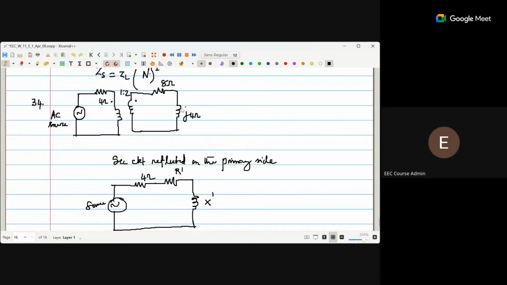So now what will be this R dash? It will be this R into N1 by N2 whole square, R2 by N square. So that will be 8 by 2 square. So you will get it as 2 ohm. Similarly, what do you have for X dash? It will be